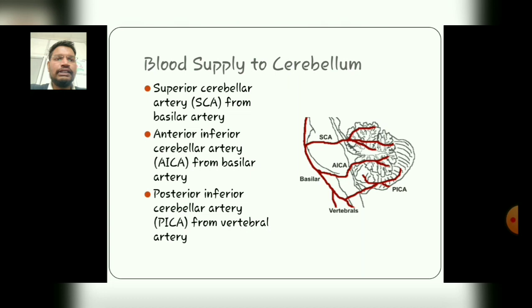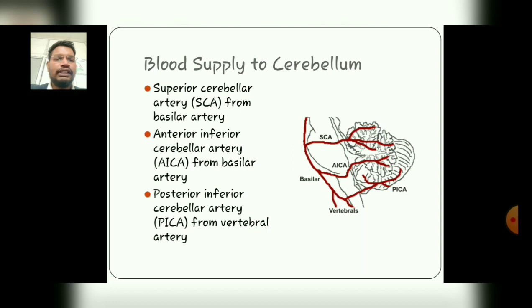As cerebellum is the most important part of the brain, it receives the blood from the superior cerebellar artery, which is denoted by SCA, from the basilar artery, and the second branch is the anterior inferior cerebellar arteries, which is denoted by the AICA, which receives the blood from the basilar artery, and the third is it receives the